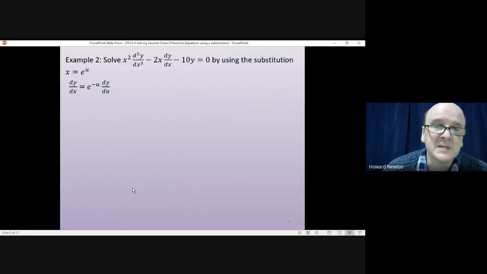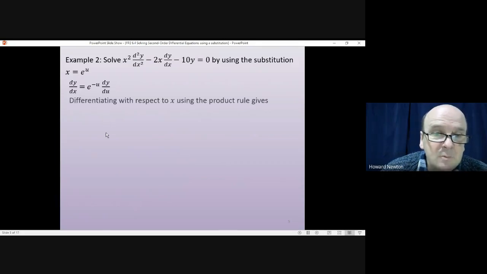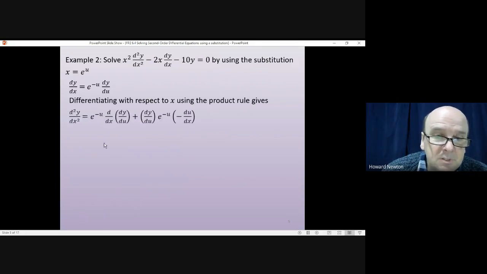So we've been given x, we've worked out dy by dx. Now we need to work out d2y by dx squared, which means we need to differentiate both sides of this equation with respect to x. On the left-hand side, we'll get d2y by dx squared, and the right-hand side will differentiate using the product rule,